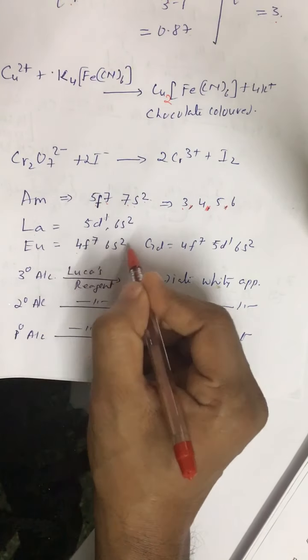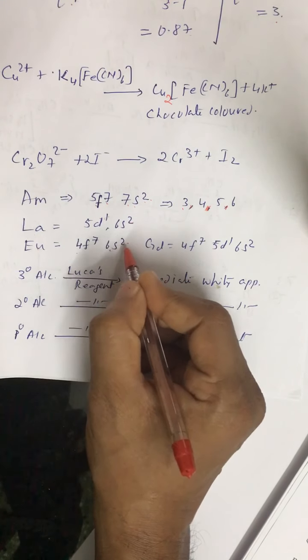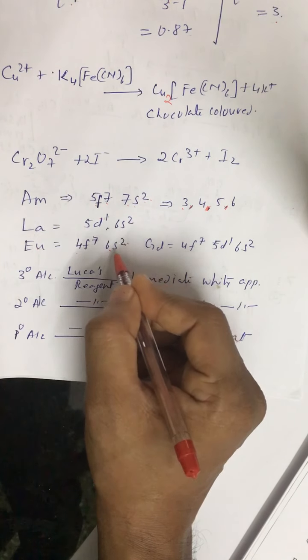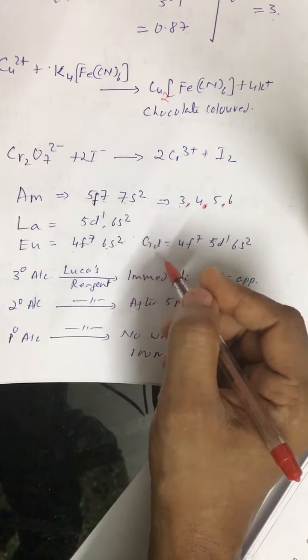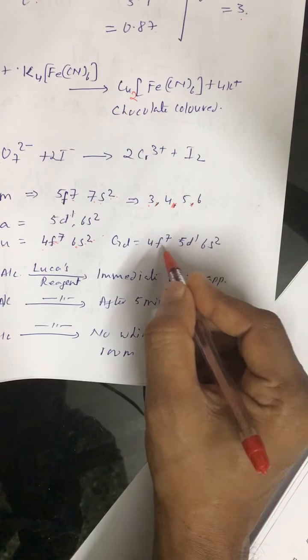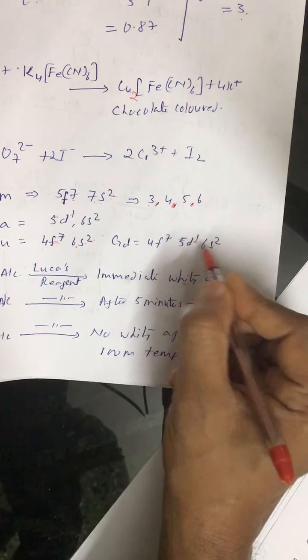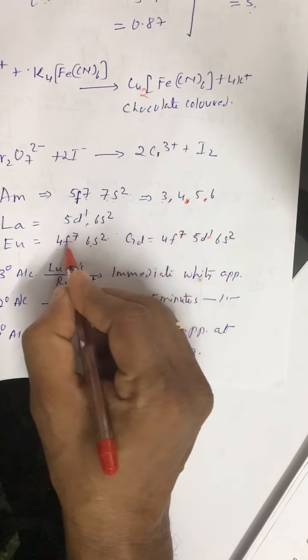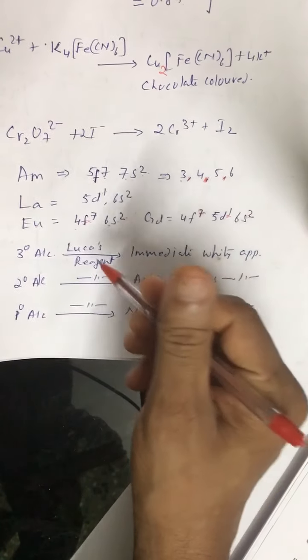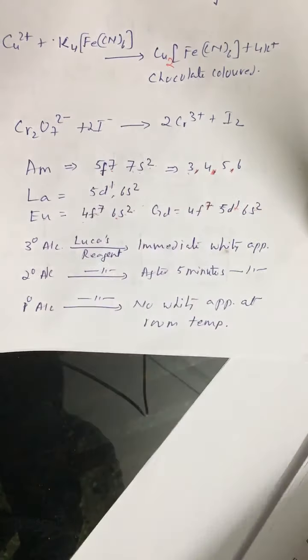Europium has a 4f7 6s2 configuration, so after losing these electrons it will show +2 and +3, because the common oxidation state of lanthanides and actinides is +3. Here also it is +3. After showing +3 it acquires f7, that is a half-filled configuration. Here the same thing. So the correct answer is americium, question 65, fourth option.